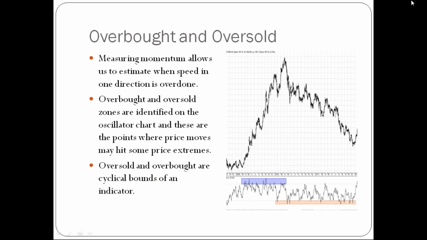So let's move forward. Now let's see overbought and oversold zones with RSI. Measuring momentum allows us to estimate when the speed in one direction is overdone. That means as prices keep moving higher and higher in the same direction, they move into a zone where we can derive that the speed in that direction is overdone. Overbought and oversold zones are identified on oscillators, and these are points where prices may hit some price